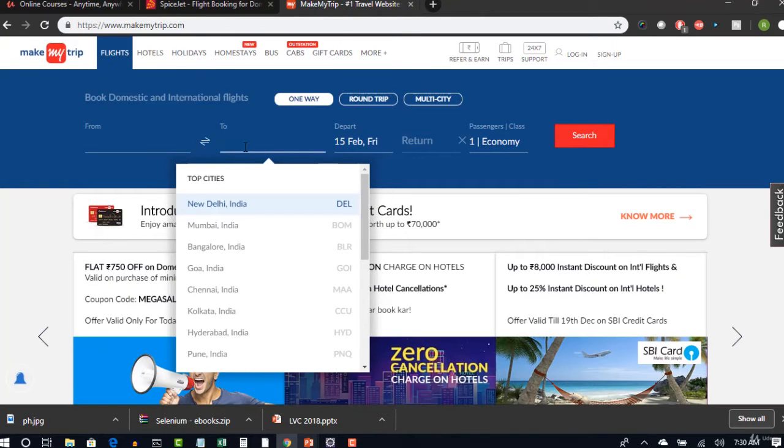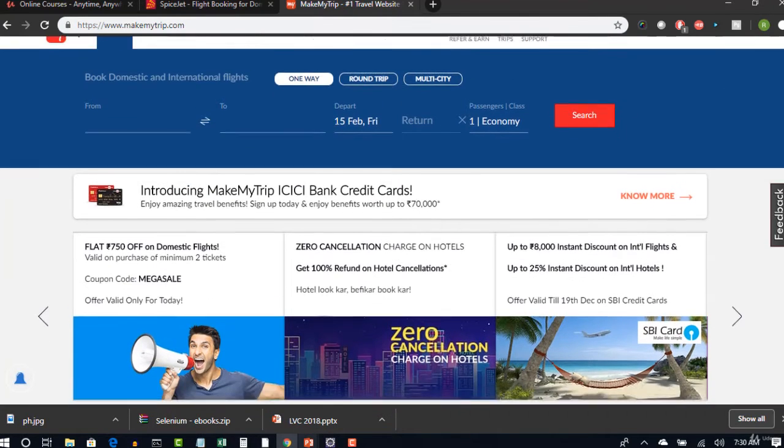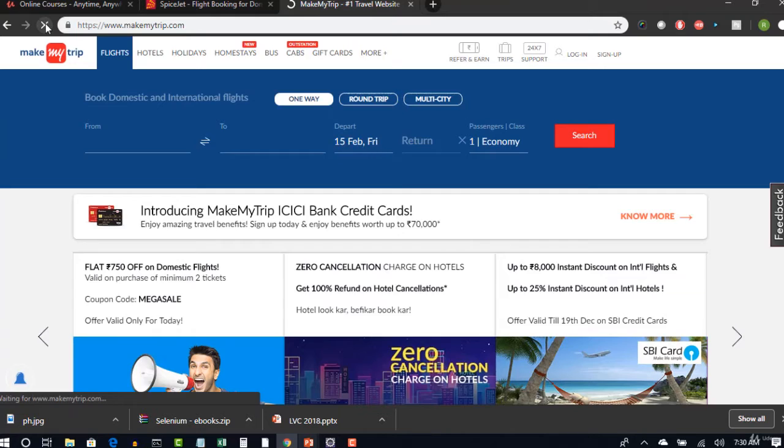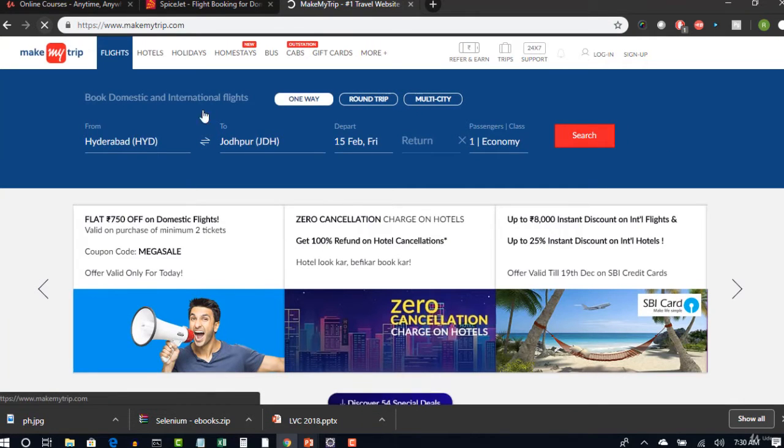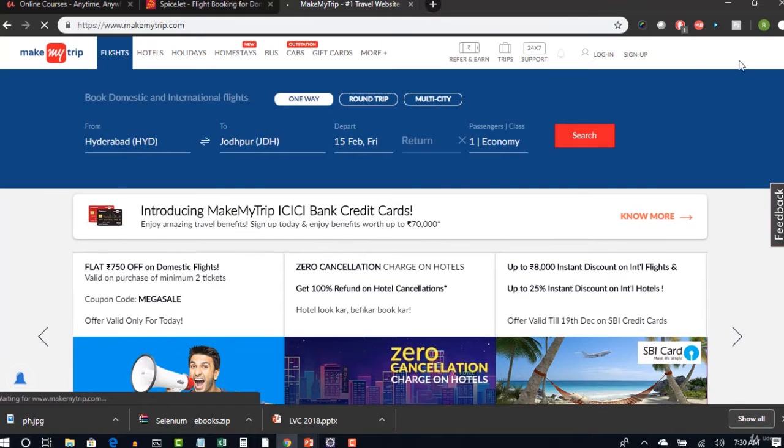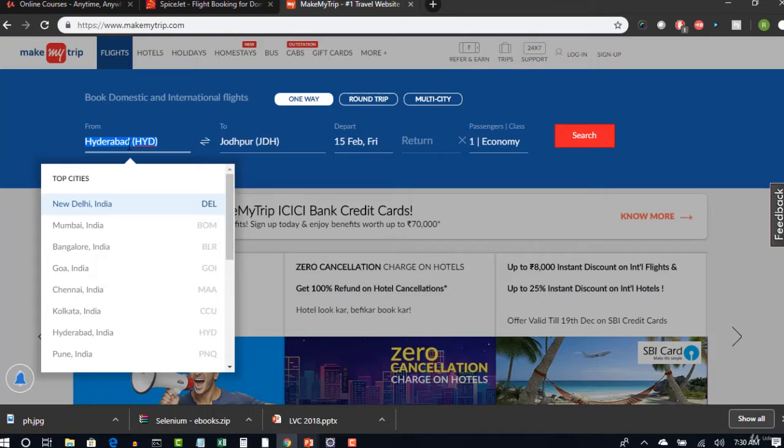by default, when you actually get into this website, this is how it looks to you. Now when you start typing, let's say I want to type Bangalore.